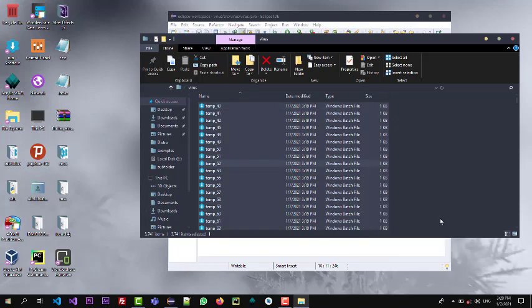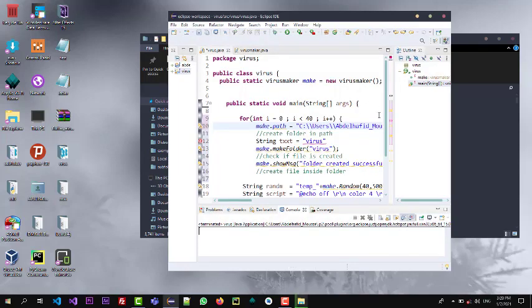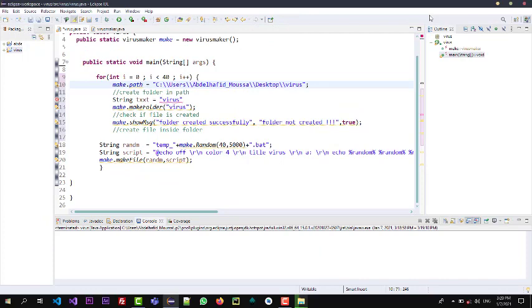I will delete all the files. It will take some time. As you can see, it takes a large space in the user folder or user PC. So what if you give it 5 or 10 billion? That will crash his system. This is not a bad virus, but if you understand how we can use it, you will create bad viruses. So here I will add a plus. I will use the same like this, but random